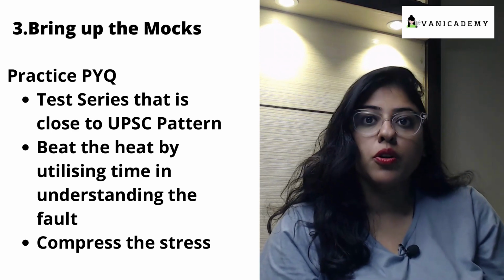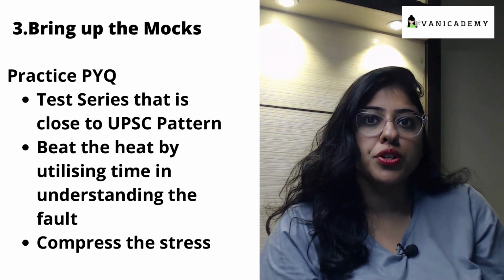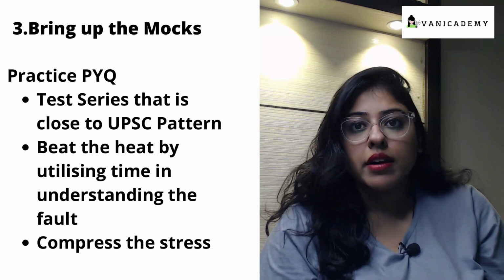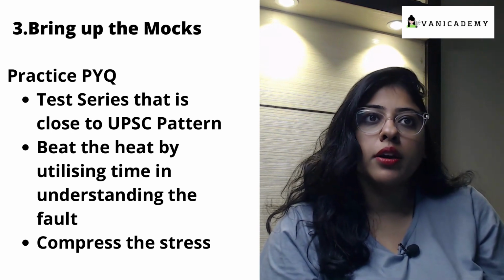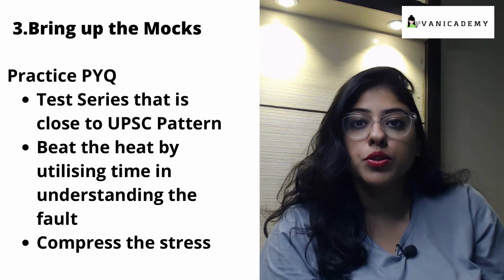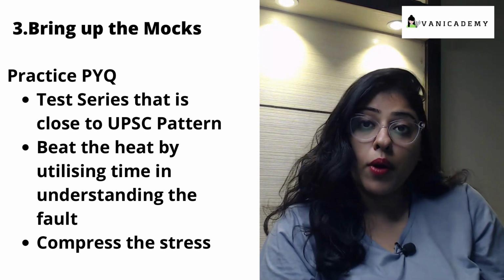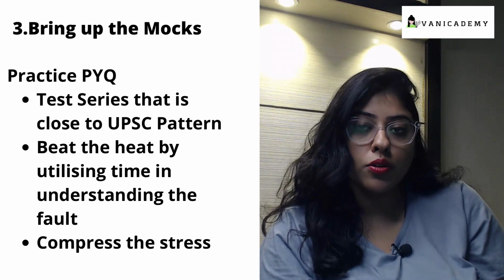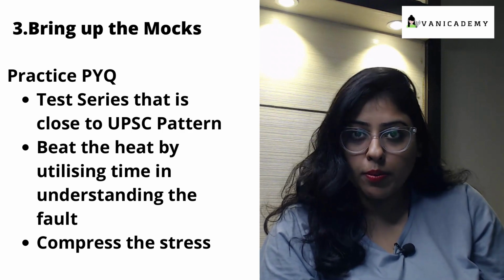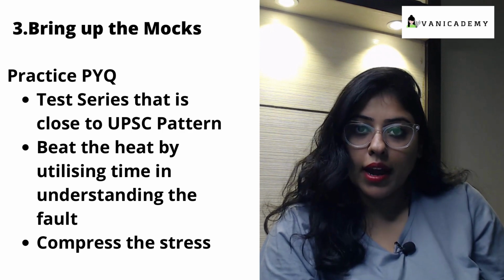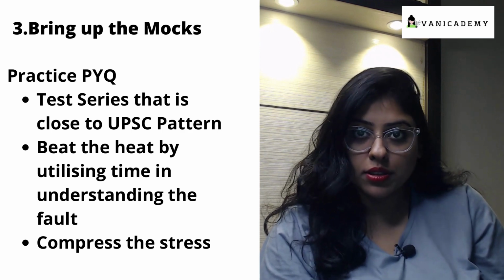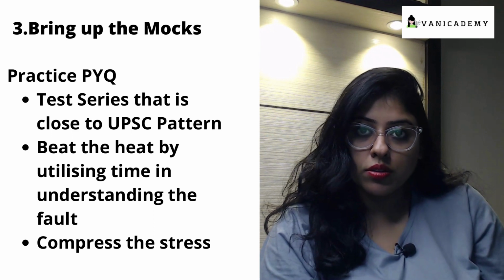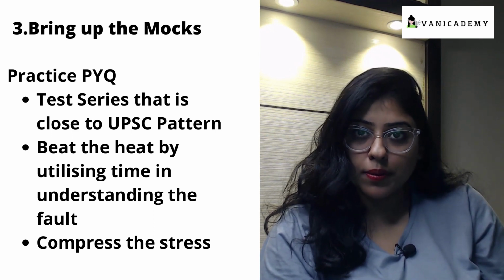Why did you choose option B, not option A? Why did you choose option D, not option C? Why did you choose 1, 2, and 3 and not 1, 2, 3, and 4? Why was it only 1 and not only 2? Why is it both 1 and 2 and not only 2? Why is it neither 1 nor 2, but not all of the above? Compress and then stress on those topics, those issues that you can work on.